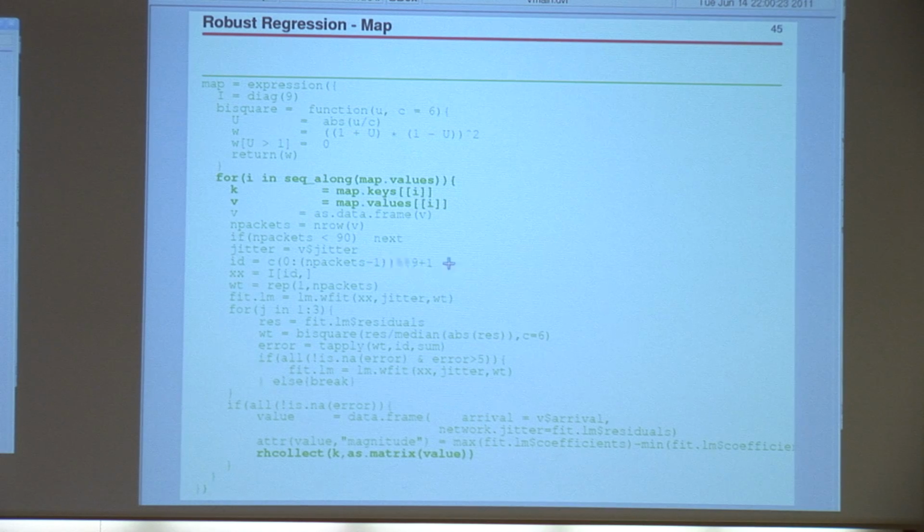And then I do my indexing to assign observations to regressions. Here, with this 0 to number of packets minus 1, this creates a list 0, 1, 2, 3, 4, 5, 6, 7. Modulo 9 plus 1 and creates our assignment. We get a row out of this